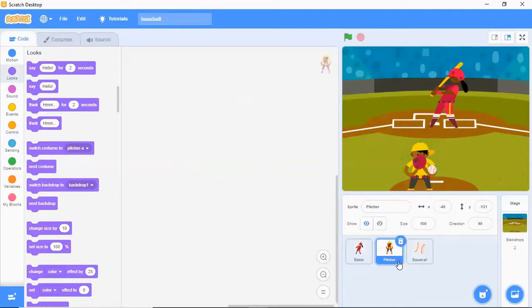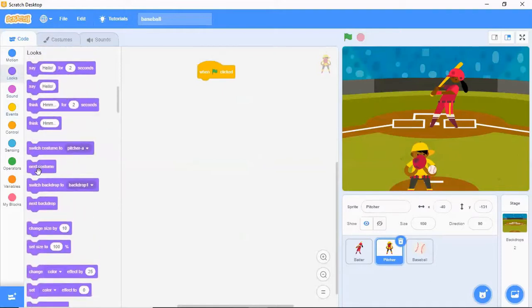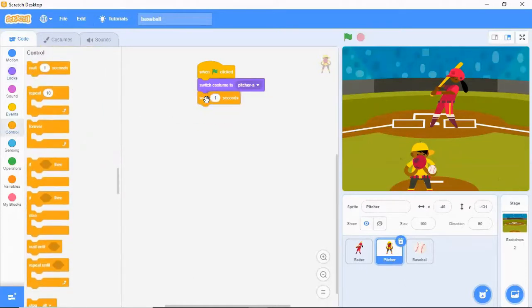Next we'll go to picture. Here also I want to see all the 4 costumes. Events, when flag clicked, looks, switch costume to picture A. If I do not use wait time, again I'll see only the last costume. So here also I'll apply wait time. We will set the wait time later.